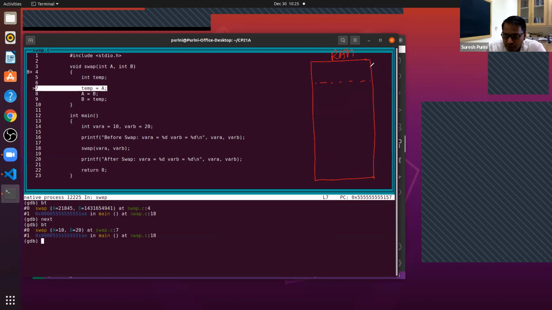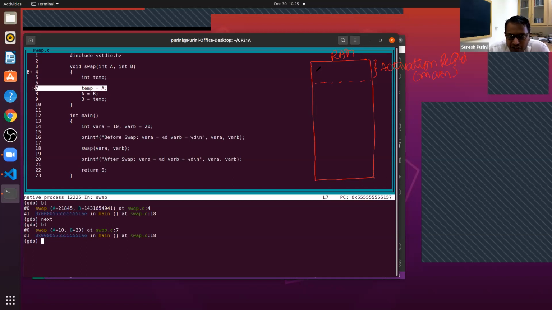Associated with the function main, an activation record for function main will be created. This is the activation record for function main.